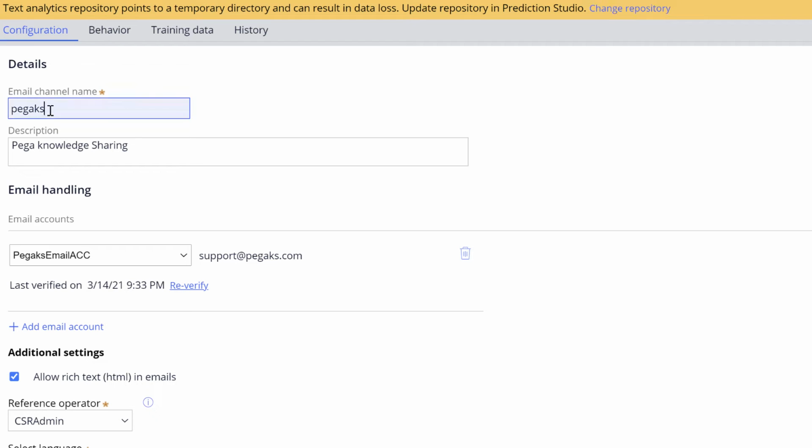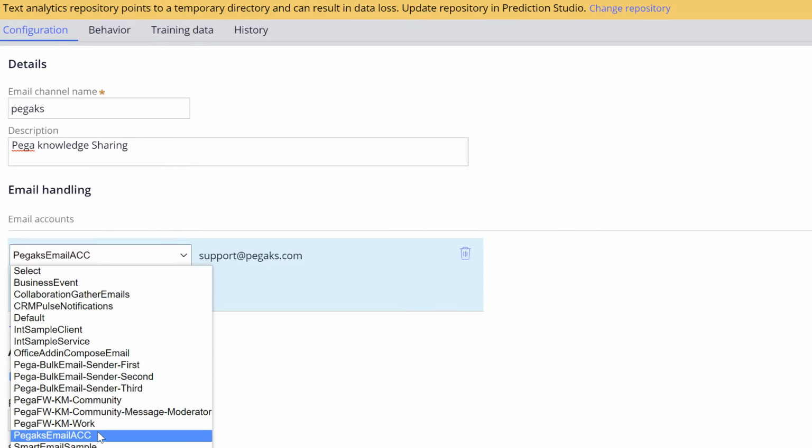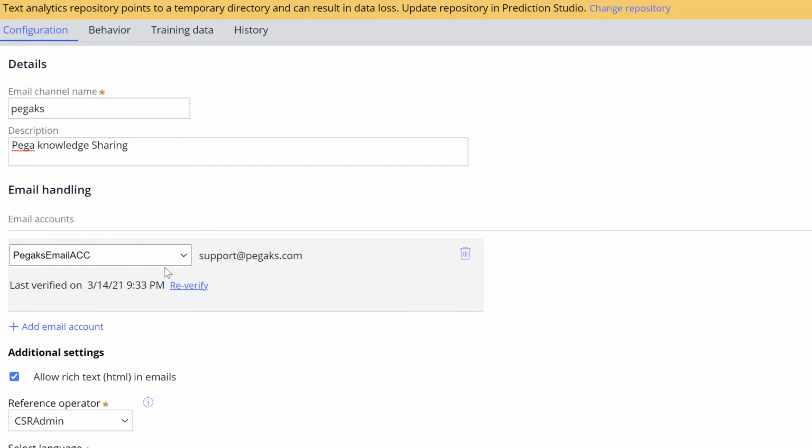My email channel name is PegaKS, and this is the description, Pega knowledge sharing. And the email account that you configured in step 1, you need to choose. These are the list of email accounts available in the application. Whatever email account you configured, you need to select that email account. Once you select it, you need to verify. If it is successfully verified, then you will see the message as verified. Otherwise, you will get an error message here.